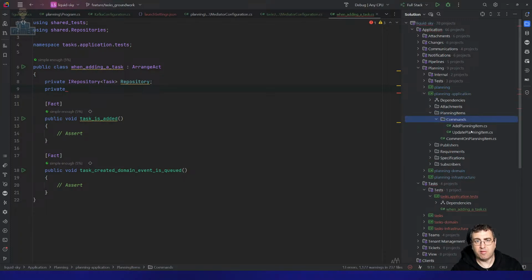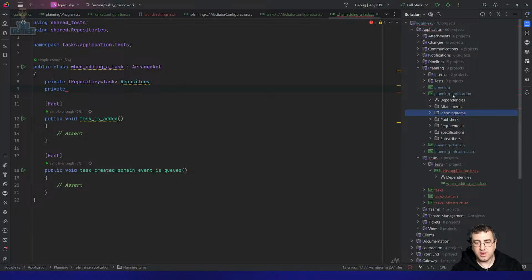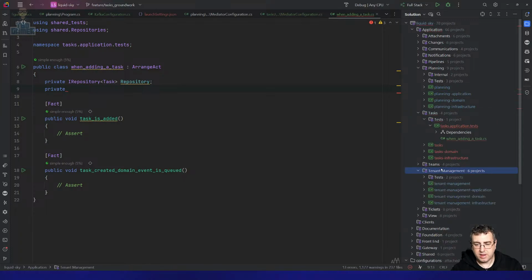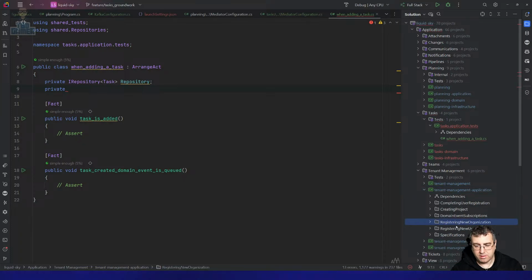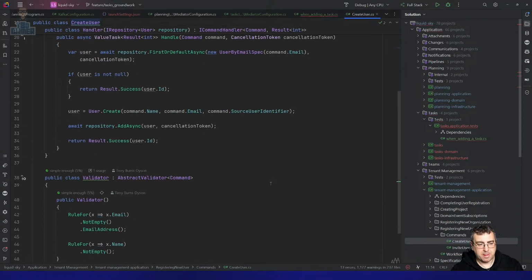But this is the problem of why you shouldn't let developers create their own patterns in code either, because a pattern that is not understood could be copied. If I'm referencing what we've done before, and that happens to be that one, tenant management, let's say creating a project, registering a new user, those are the right terms, but I call it create user, right? But that's not a user,